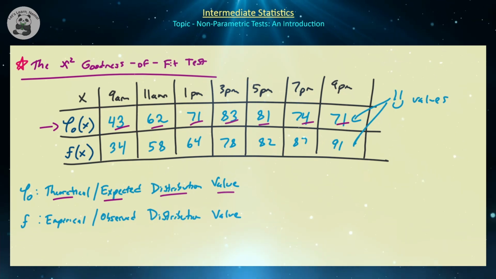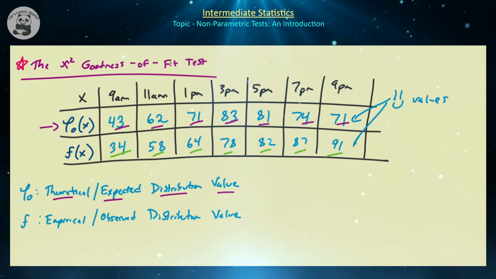So that is our theoretical distribution of happiness throughout the day. Now, that is our claim, for example, for our null hypothesis, and we need to test that claim with a sample. So what we can do is measure people's happiness throughout the day, and let's assume that we get values of 34, 58, 64, 78, which is increasing, but notice that it still increases as you move throughout